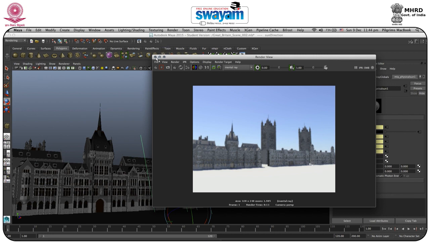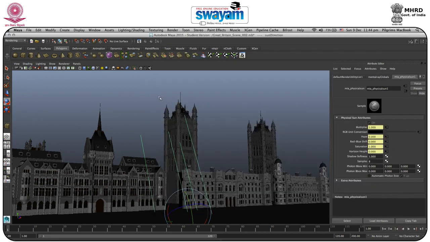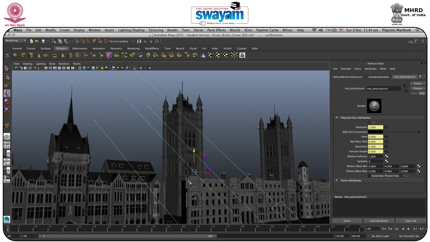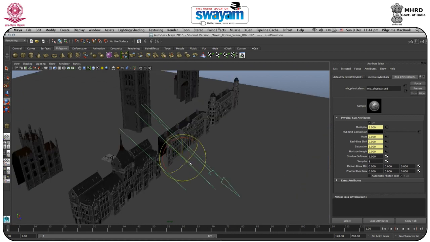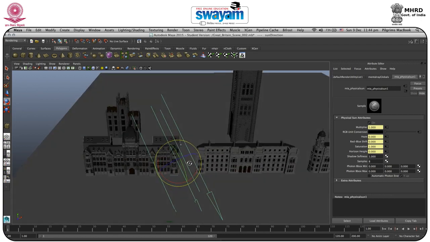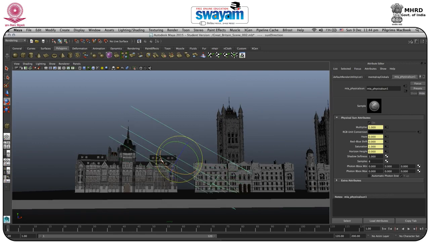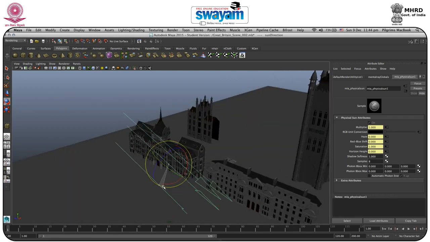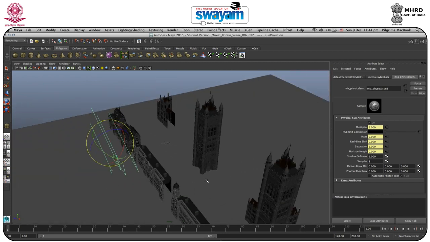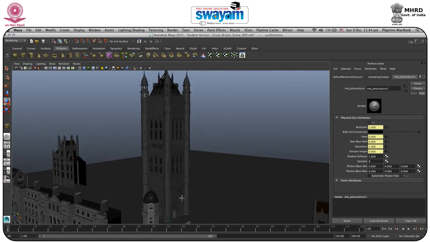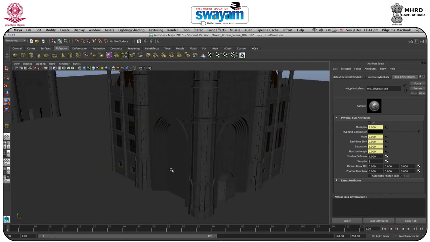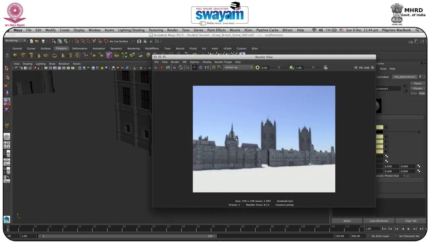Okay, so here we have light with very high intensity. So what I will do is Control Z, or Command Z if you are on a Mac. But you can change it like this, so I will move this a little bit, go to another view and rotate like this. We'll rotate somehow here. I think this would be fine. And let's have a look at what we are getting in this particular area.